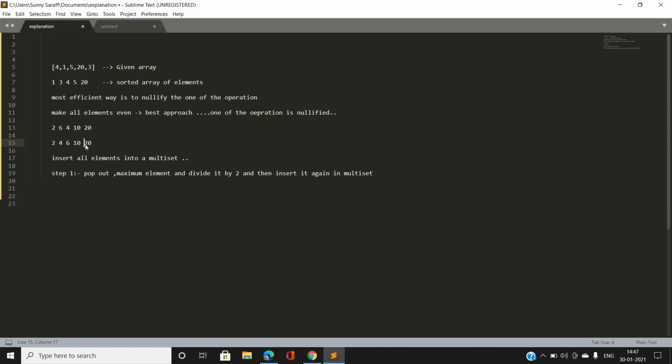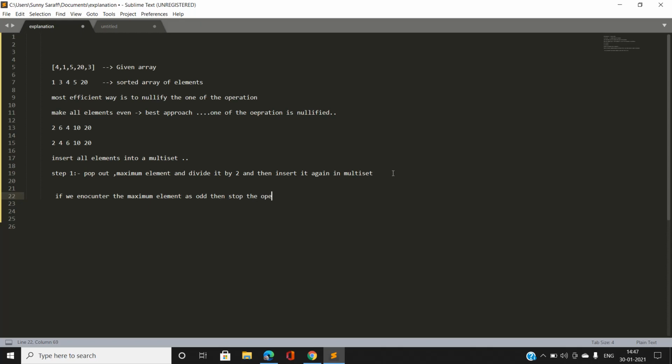multiset, and each time after doing this operation we are going to take the minimum answer among all the possible answers. That is, we are going to store the minimum deviation after performing each operation. And when we are going to stop this operation is, let me write, if we encounter the maximum element as odd, then stop the operation.